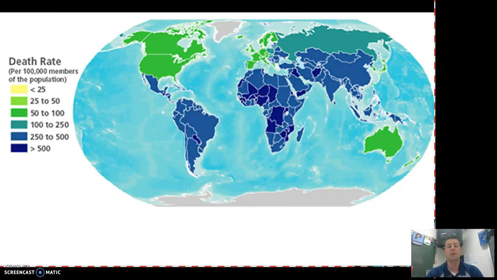Death rate of the Spanish flu, you can see the areas hardest hit as you look across Europe there, but all over the world. This is a true global disease. This is a pandemic. It is all over the world. And you can see Asia. Asia is typically hardest hit when these things happen. A lot of these pandemics will actually start in Asia, as we've seen in the past.